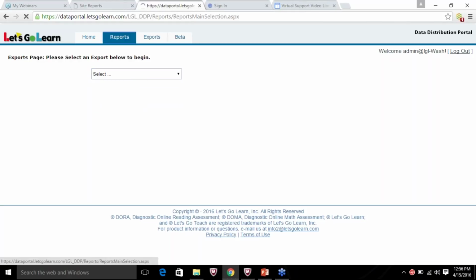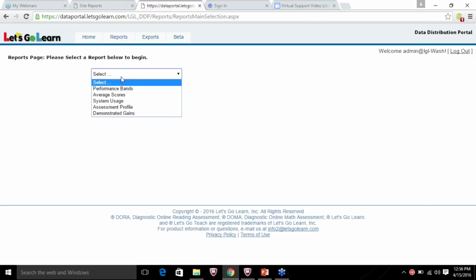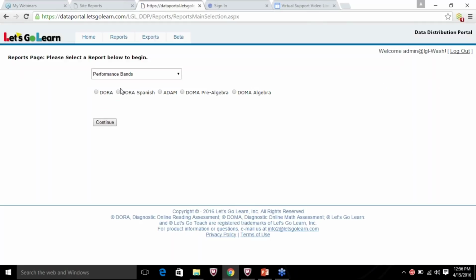So we're going to go ahead and start with reports. And I just want to point out a few that are really exciting to take a look at, especially if you haven't had the opportunity. Performance bands, you can pull up for any of the assessments there. What this will do is group your students into emergent, proficient, and above categories. So you can either pull this for the beginning of the year just to see how your class, your school as a whole, is performing across those measures. And that could help you direct resources, training, additional professional development, and things like that.